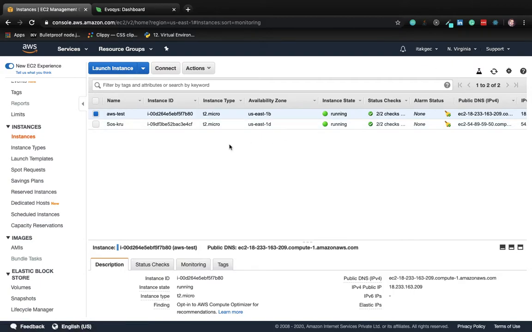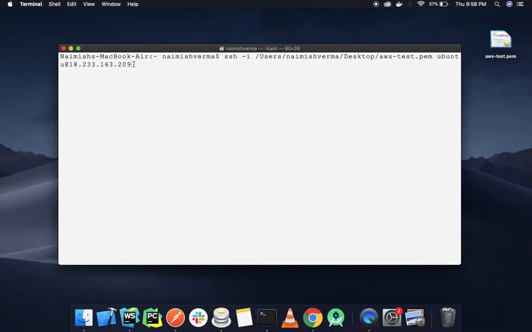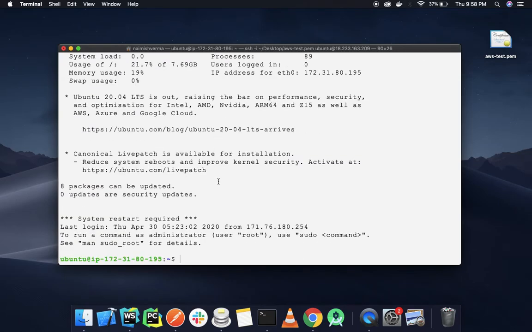Now the question arises how we can connect to this system. Whenever we run this command ssh and the key pair which we have downloaded, what it does is basically it tunnels in. That is how SSH tunneling works. So basically if we hit enter, we are connecting to that virtual machine which is running somewhere on the cloud through our local computer. So if we run any command on the local computer, it will actually be running on the server. Here you can see that it's already connected.